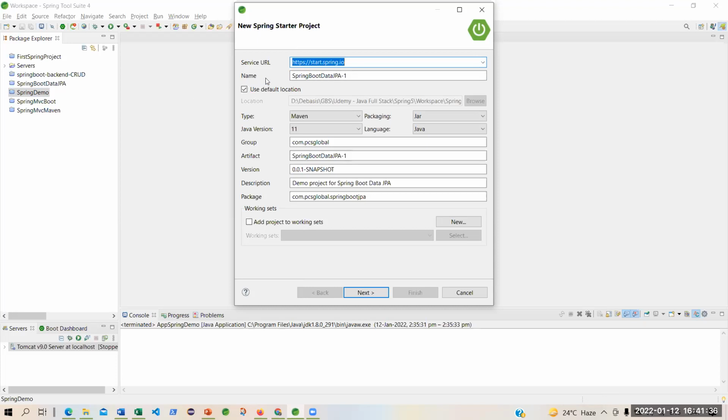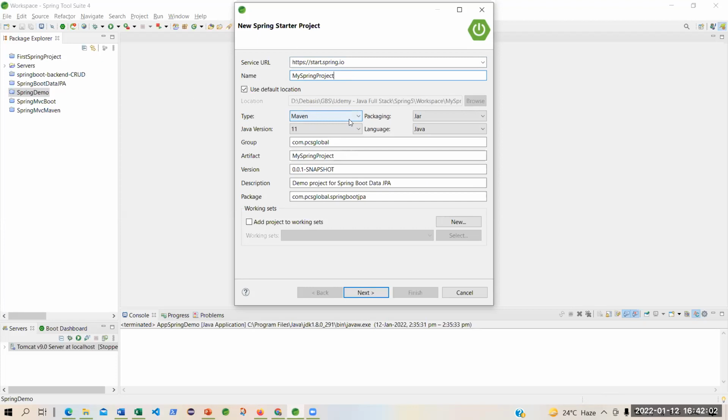And then you are giving it a name. You can give it any name of the project. Let's say you are giving it my Spring project. This is the name you have given. And then you are saying that the type, this is a Maven project. I am including in this project the Maven dependencies as well.